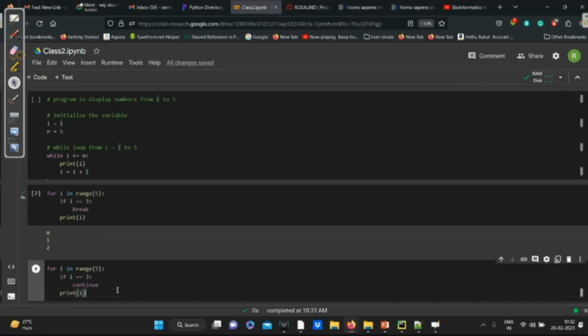As with the continue, similarly, whenever i value equals 3, it will not execute the statement below that one. It will directly jump to the loop condition. For example, in this one,